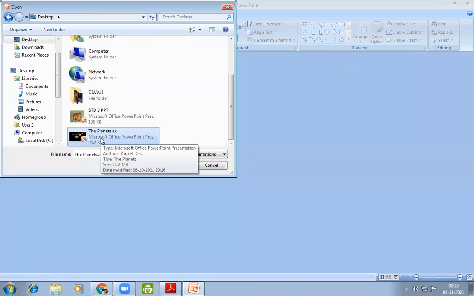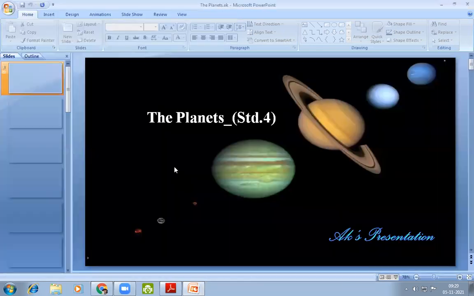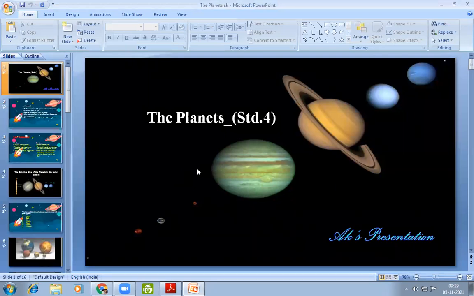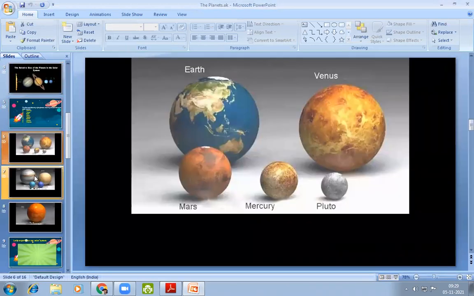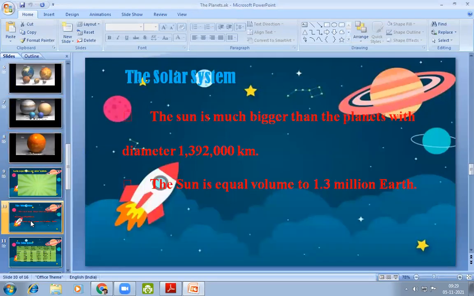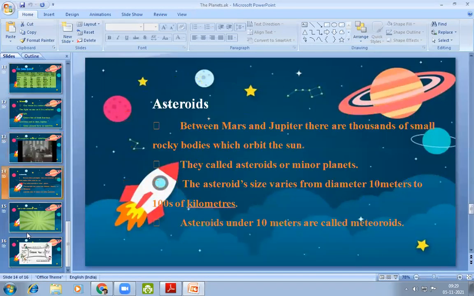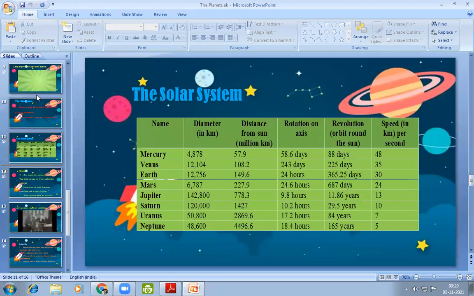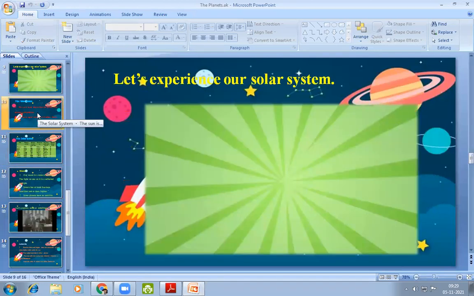Then we have to select it, then click Open. This one is a Microsoft PowerPoint presentation. So there are two ways to open a Microsoft PowerPoint presentation, which I have already shown you.